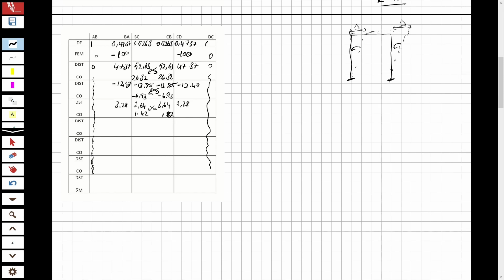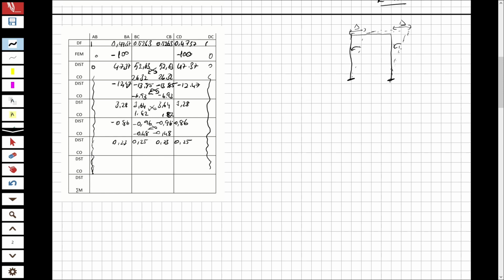And when I carry over them, there will be minus 0.86, minus 0.96, minus 0.96, minus 0.86. And this will be carry over this both, 0.48, 0.48, minus. So I'm going to distribute it at its own distribution factor ratio, 0.23, 0.25, 0.23, 0.25,